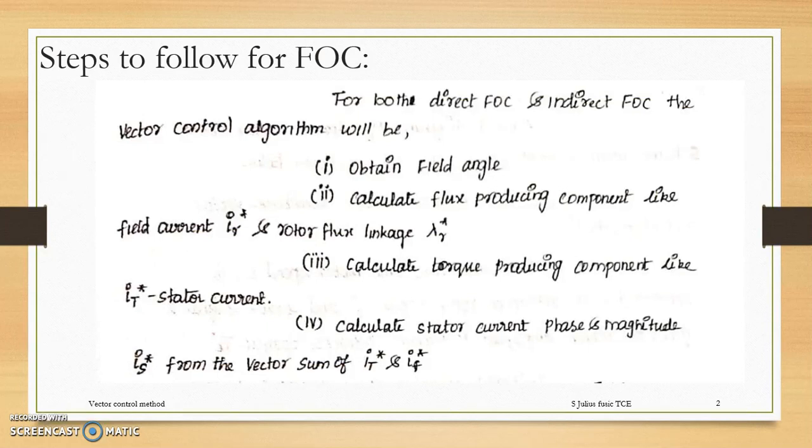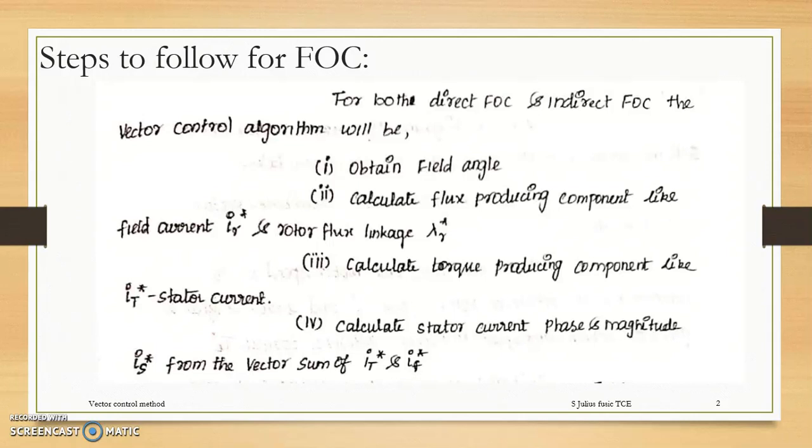Before we enter into the direct field orientation control method, we have to know what the basic field orientation control algorithm involves. We already discussed that whenever we go with vector control, we have to derive certain parameters related to the dynamic system. Like that, the algorithm has 8 steps, and each step calculates certain parameters. So the steps to follow are these.